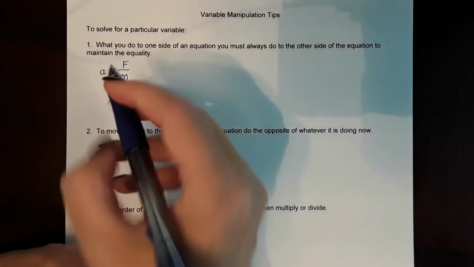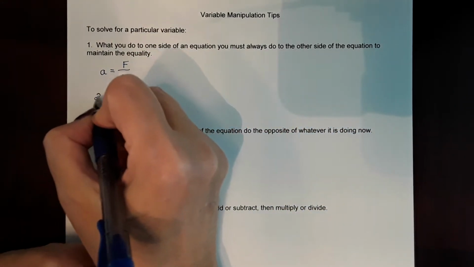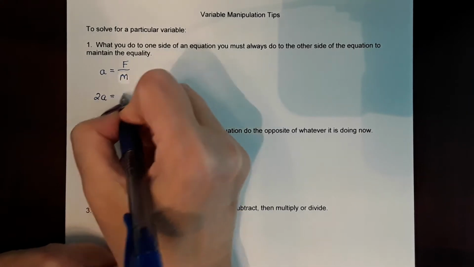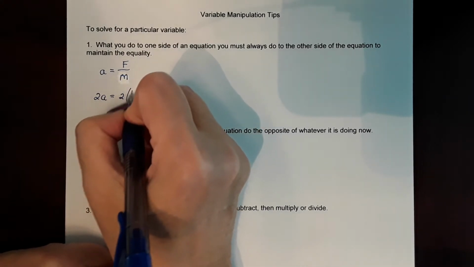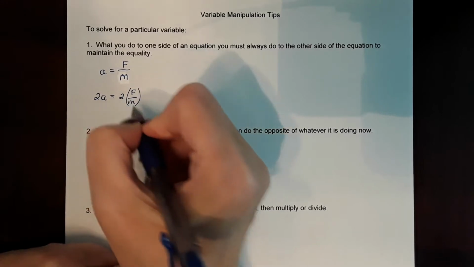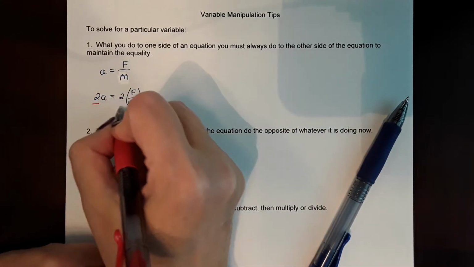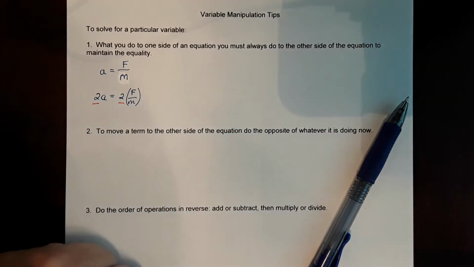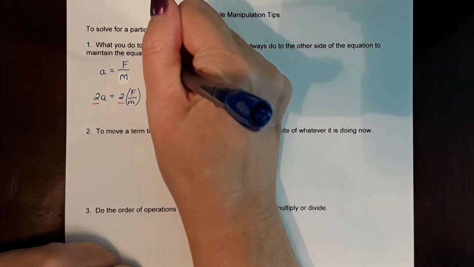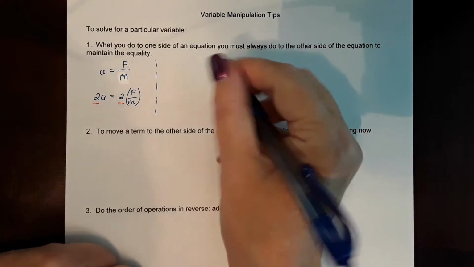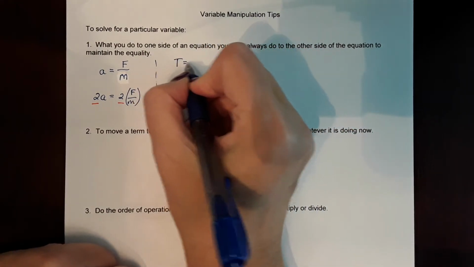So, for example, if I want to double this side, then that means I must also double whatever is on the other side in order to maintain that equality. So if I double this side, I double that side. That way I maintain the equality. Okay? Another example, if we look at this,